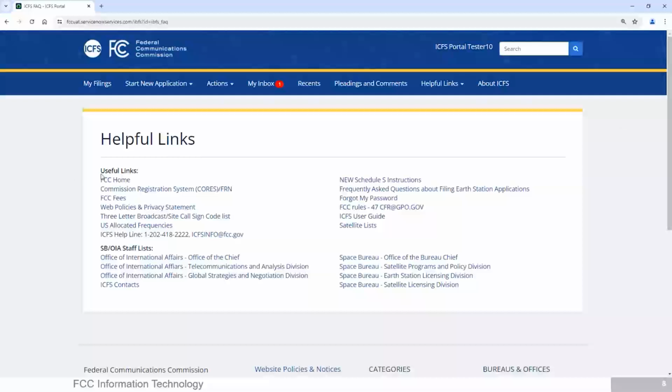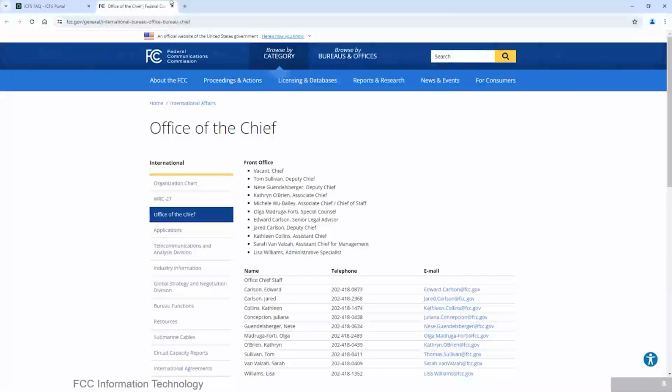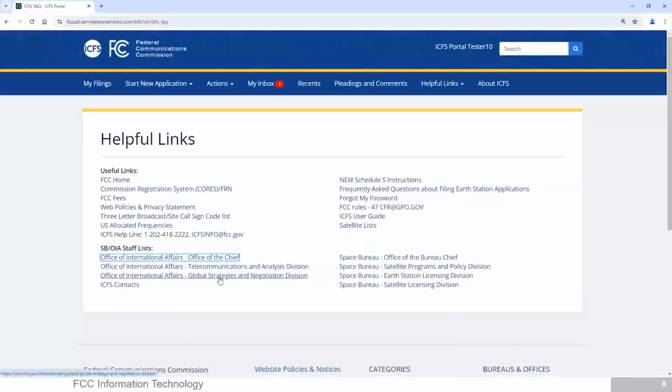It's like an FCC home. There's also a link if you need to register with CORES, FCC fees, some policies and privacy statements, as well as how you can contact the helpline. All the staff are also listed here. For example, if I click here, you will be taken to the Office of the Chief, and then another one. Then if you forgot your password, you can also use those links here, some FCC rules, satellite lists, and also